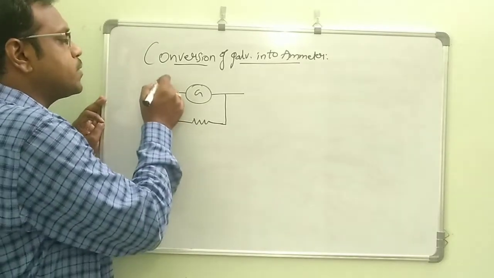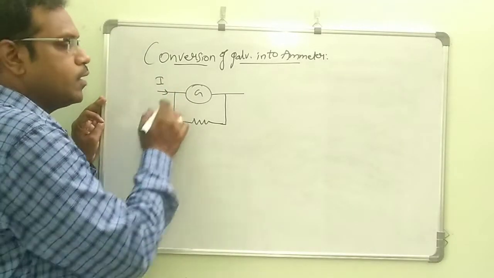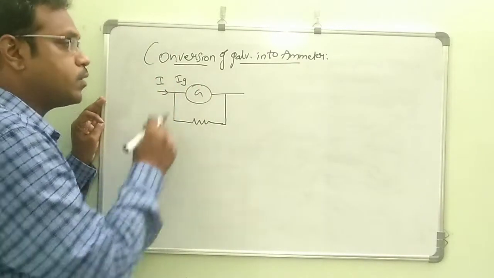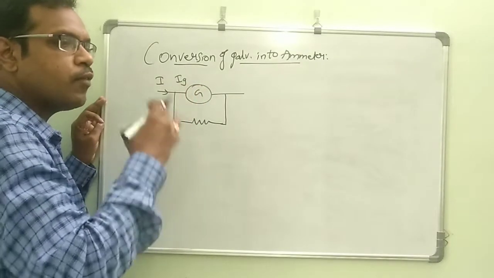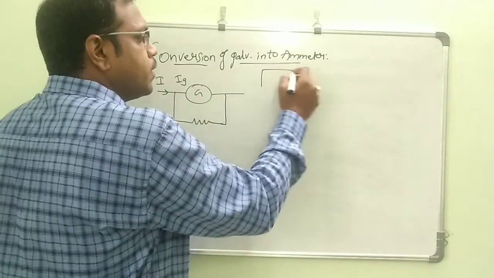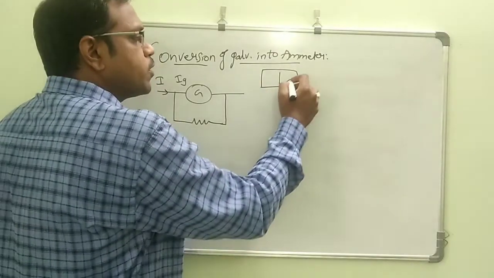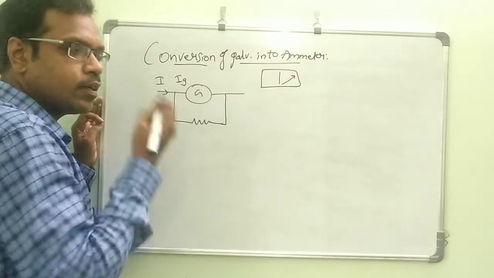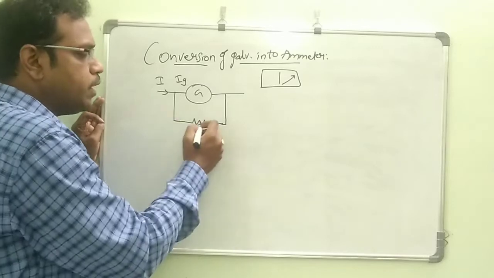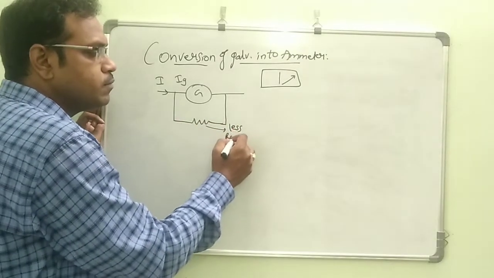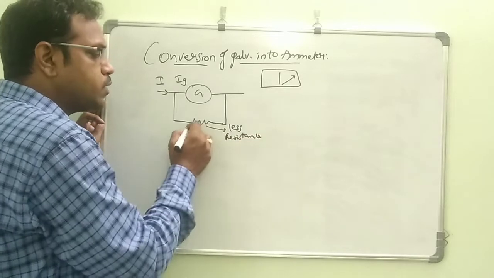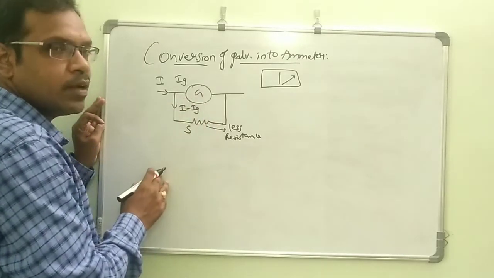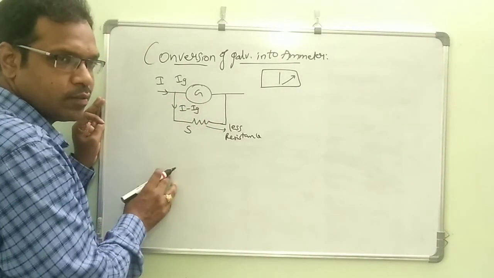Okay. In this I am sending, suppose, I amount of current. The galvanometer receives Ig. For that Ig itself, it shows the full scale deflection. Suppose if you see the galvanometer, we can see the full scale deflection. So in this full scale deflection, the maximum amount it can take is Ig. And we need to use a very small resistance connected in parallel, which is called a shunt resistance. In this, the remaining amount of current, I minus Ig, will go into the shunt resistance.